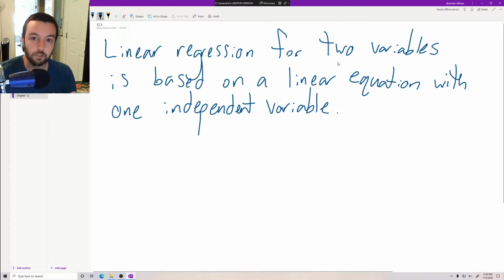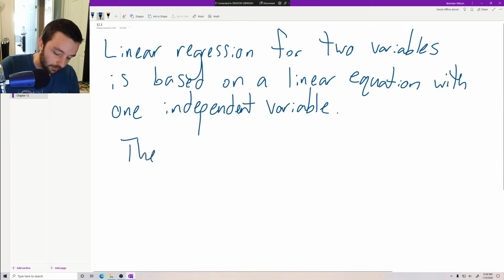There's two variables total, the independent and the dependent variable. So the independent variable is typically the variable we're choosing, and the dependent variable is the outputs, the ones that we don't choose, that just come out of the equation. On a graph, the independent variable is typically the x-axis, the horizontal one, and the dependent variable is the y-axis, or the vertical one. So the equation here